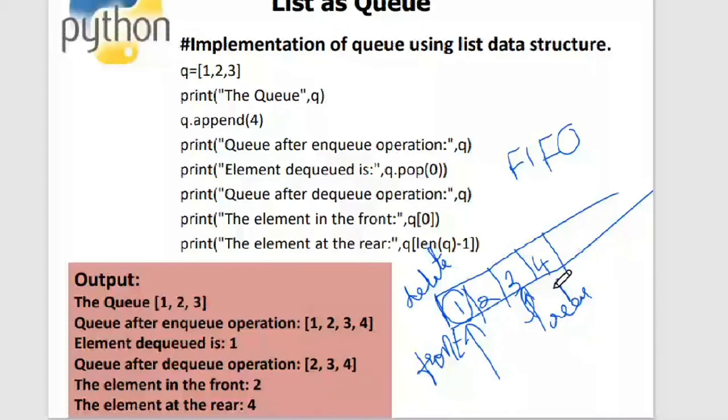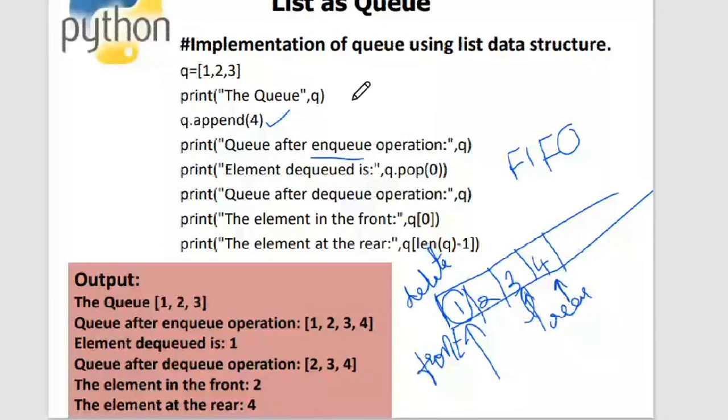Yes, ma'am. So the name for the insert operation is enqueue. For deletion, you call it dequeue. So dequeue and enqueue are the words for delete and insert. Here I am enqueuing something into the list, which means insertion. I'm using the append method to insert an element into the queue. The append method will add the element to the end of the queue, wherein the principle of insertion is satisfied.